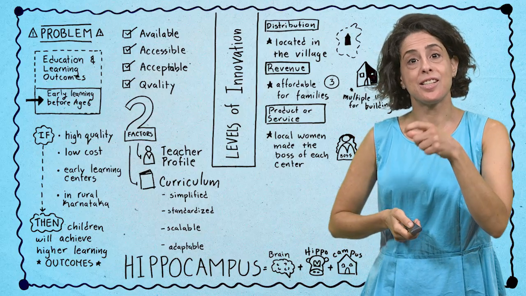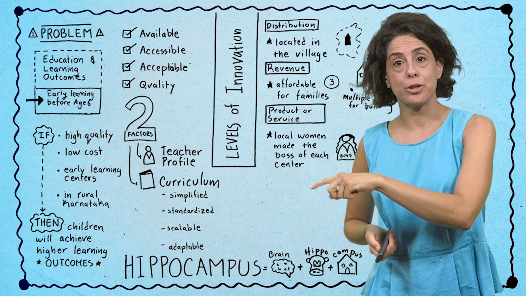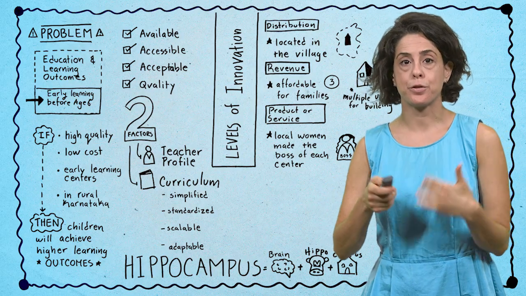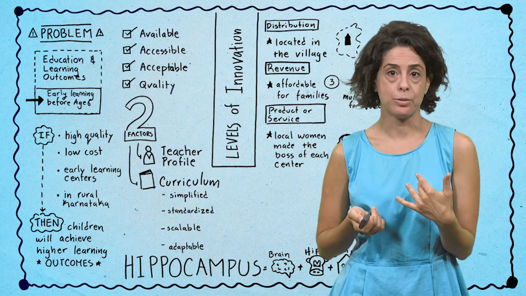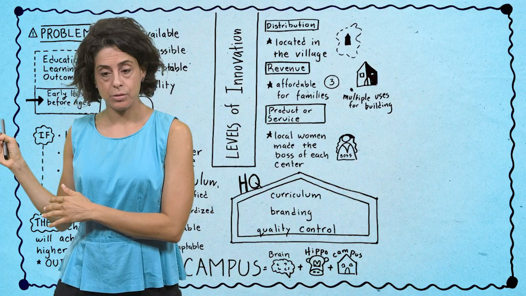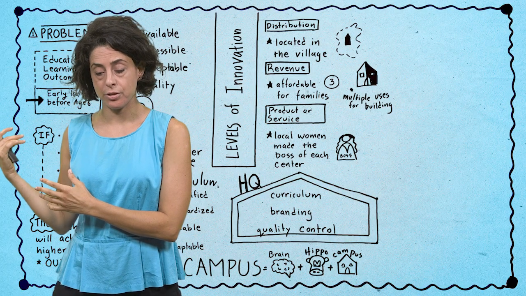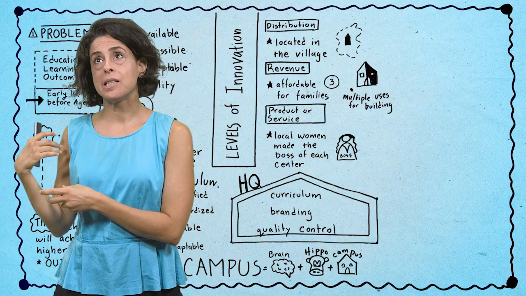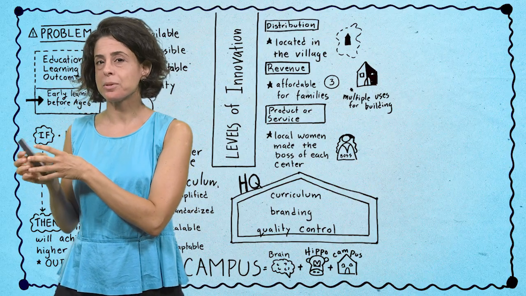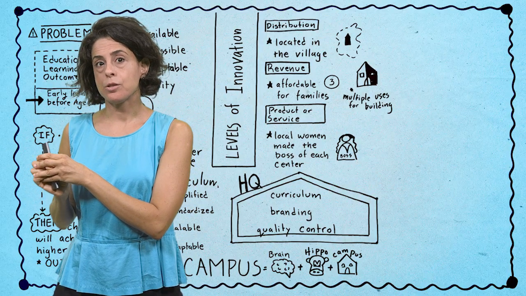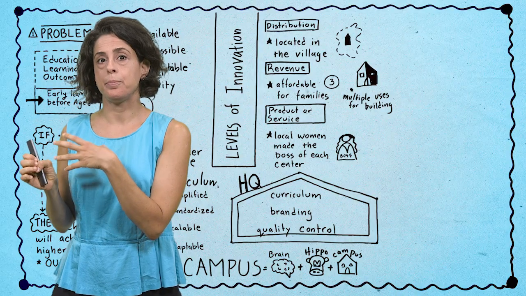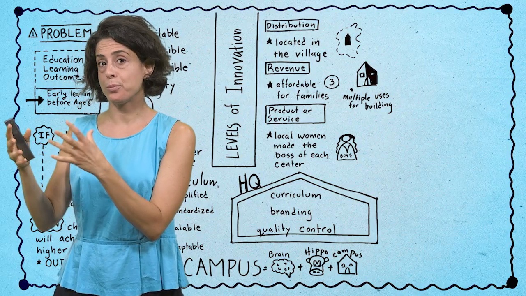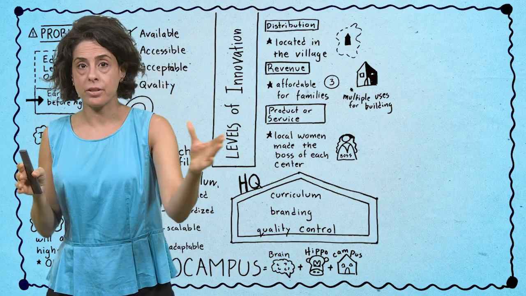Also, the centers doubled as an after-school remedial program so that they could use the space for 2 different things and have double revenue. So there was a headquarters where Umesh and his team were centered in Bangalore in the city. The headquarters was a cost center. It was not a revenue center. So their job was to develop the curriculum and update it and do the branding and also monitor the different